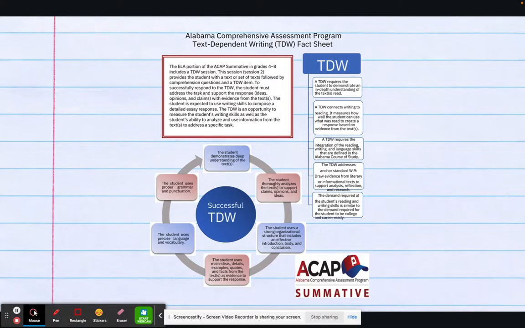So what does a successful TDW look like? Well, the student demonstrates deep understanding of the text. So that's comprehension. That's something we work on daily in the classroom. The student thoroughly analyzes the text to support claims, opinions, and ideas. They're able to go back into the text and support their opinion, their answer. The student uses a strong organizational structure that includes an effective introduction, body, and conclusion. We're doing that already. The student uses main ideas, details, examples, quotes, and facts from the text as evidence to